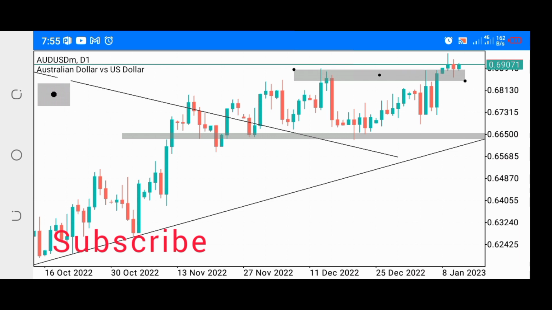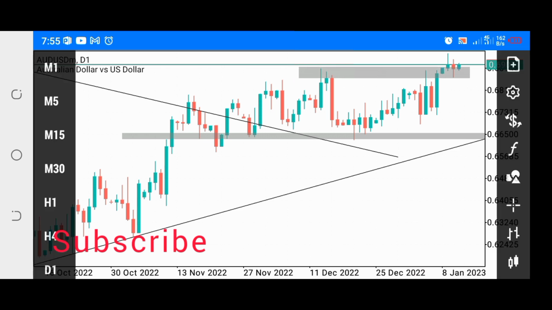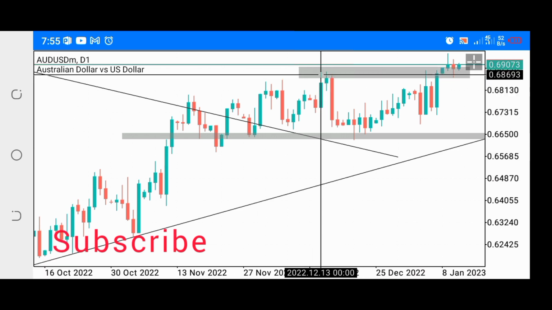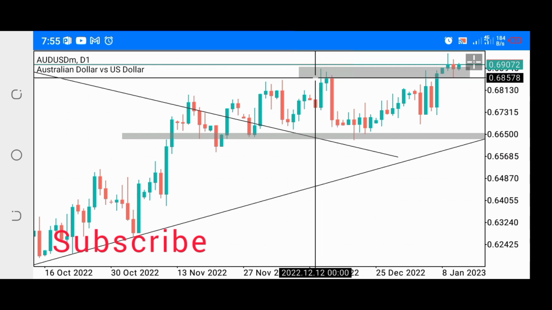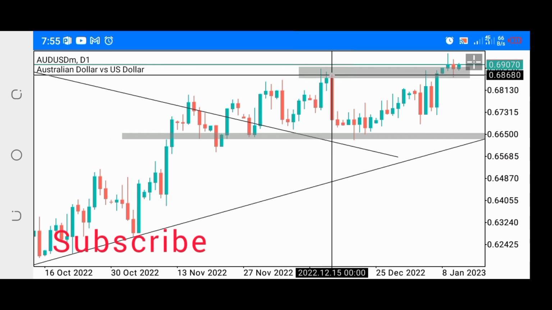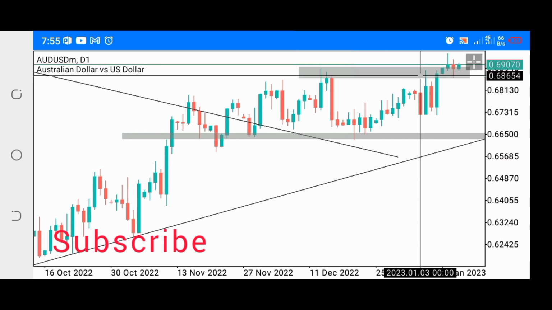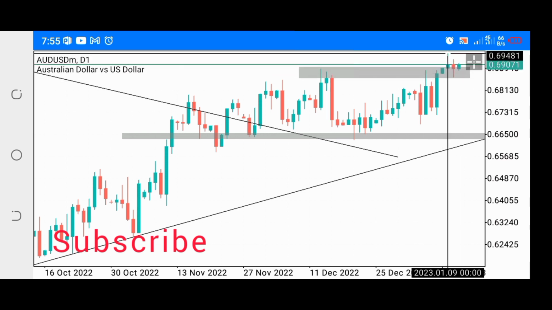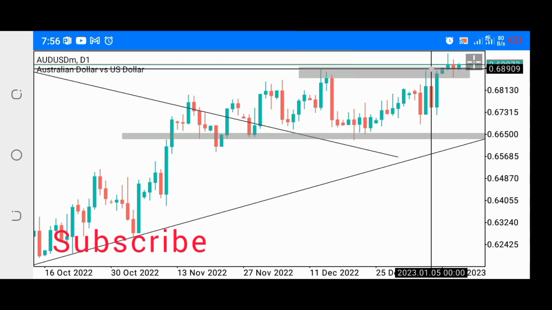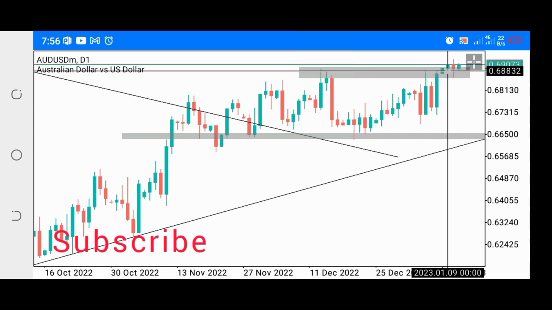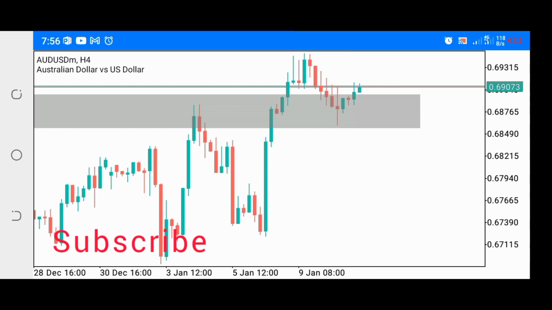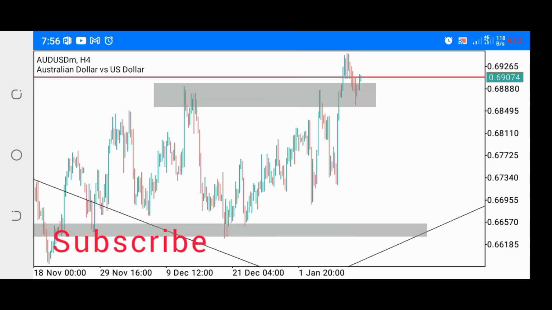But mind you, we're still in the daily time frame. If I isolate this, this is the high of the consolidation. The orders above here have now officially been taken out by those buy orders, taking out the liquidity pool which was here. The market now has enough power to move. But now let's go to our